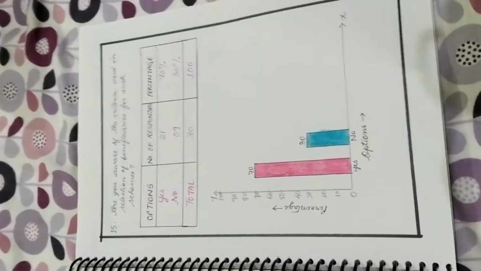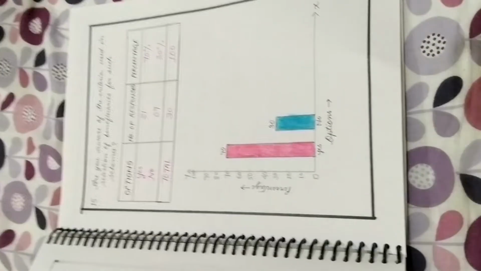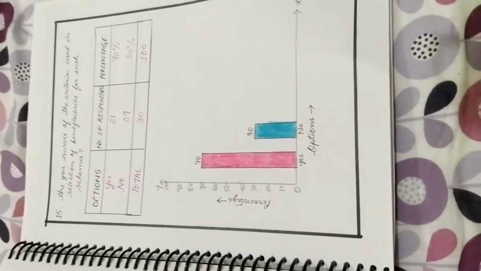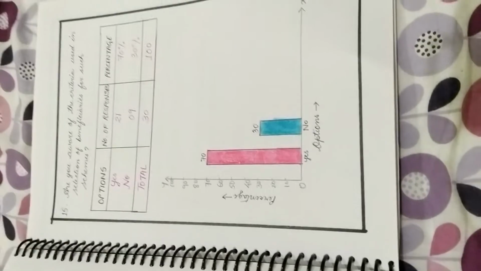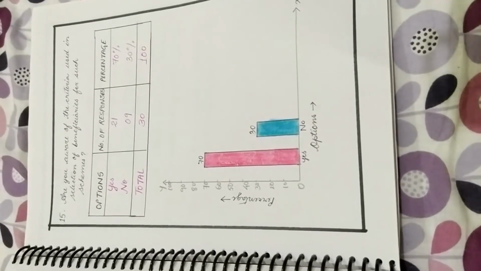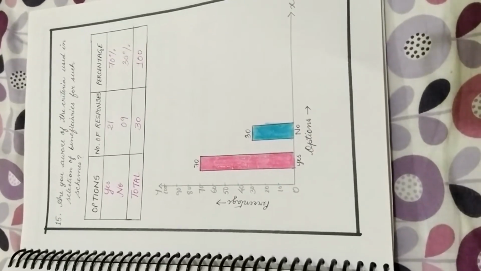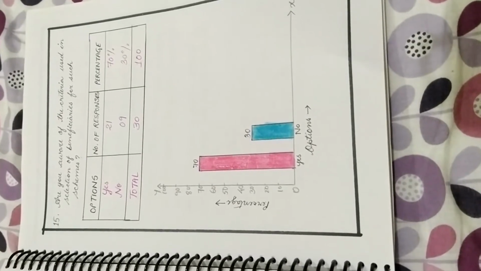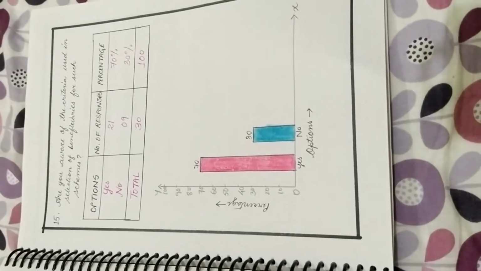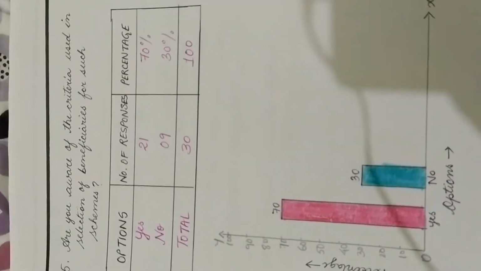So 15 short questions, 15 objective type questions, and that is 15 graphs, and that is what you also need to do, students. Otherwise your project will be only half done. So 15 objective questions are there in your questionnaire also. So what you need to do is you need to prepare 15 graphs like this, but before making the graph you have to make this kind of a table, remember that.